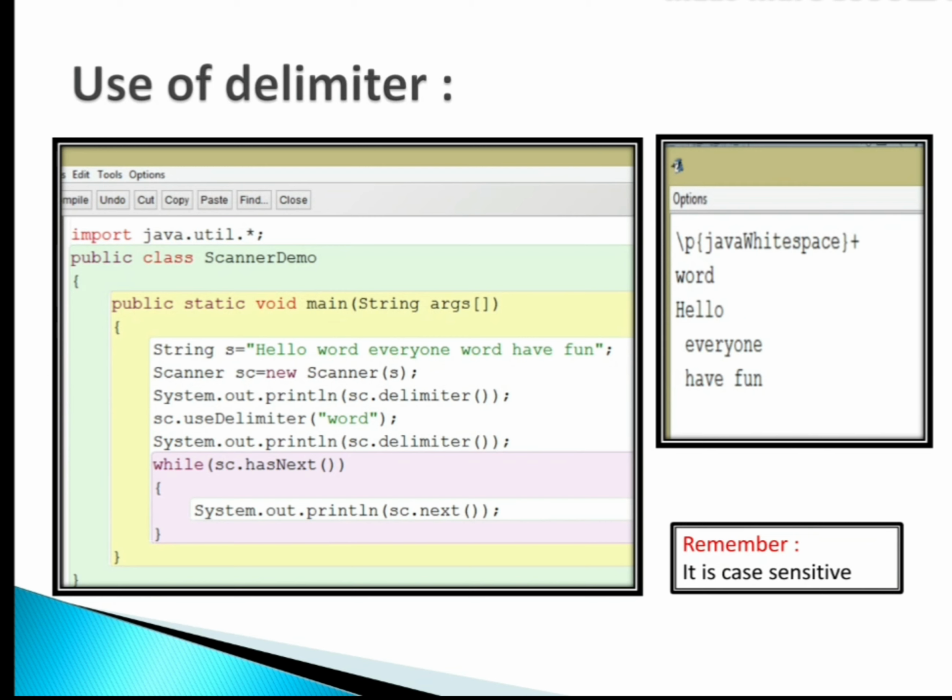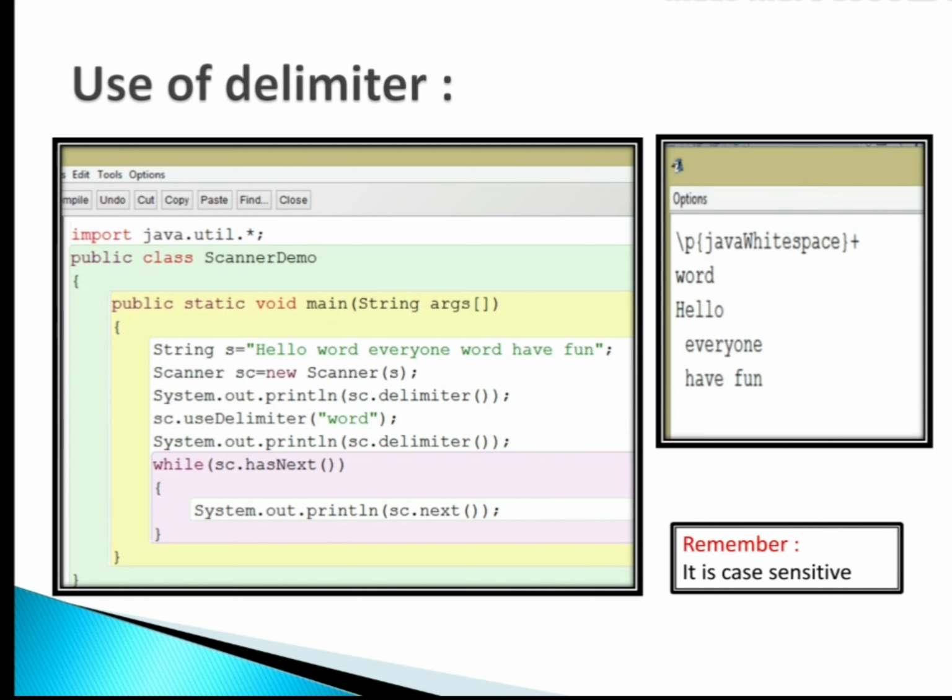Firstly, Scanner sc is equals to new Scanner with s placed in the constructor, and s now provides us input. sc is the object and the sc.delimiter function shows us the default delimiter. In the output, the default delimiter is white space. And now I am converting the delimiter into word. Now word is a delimiter.